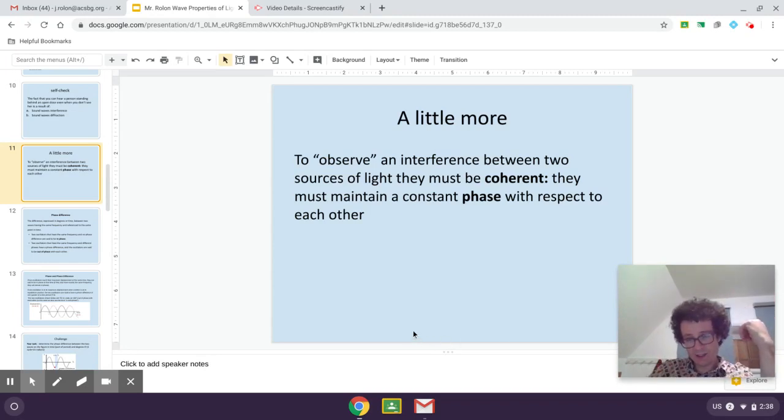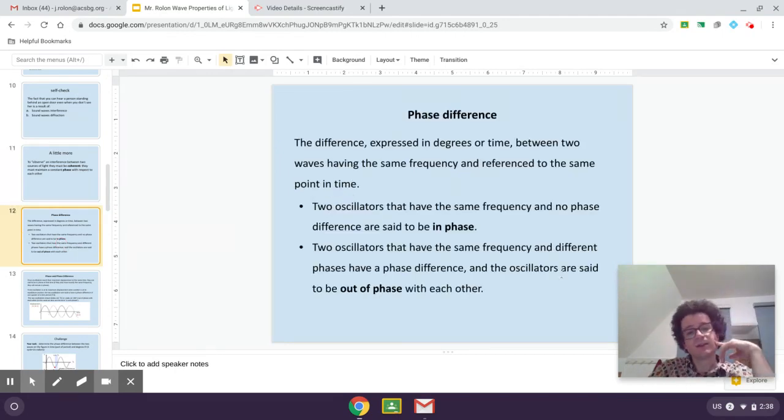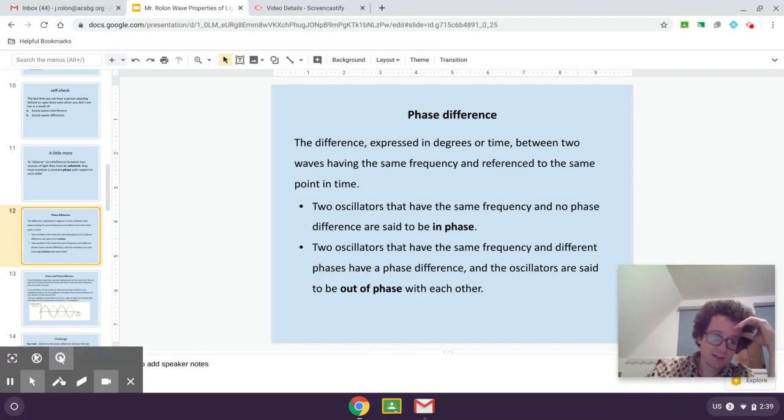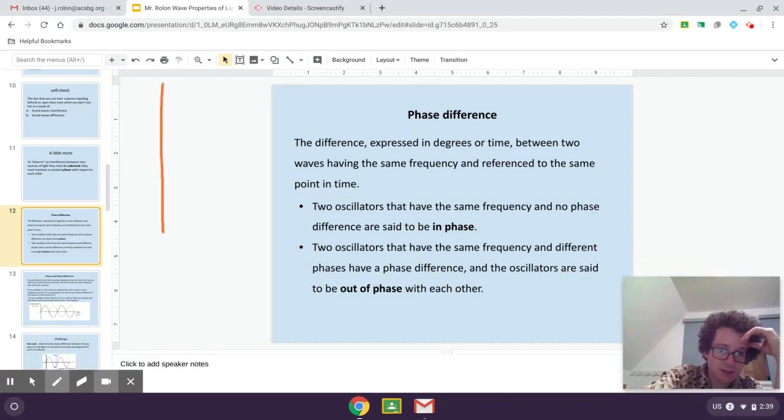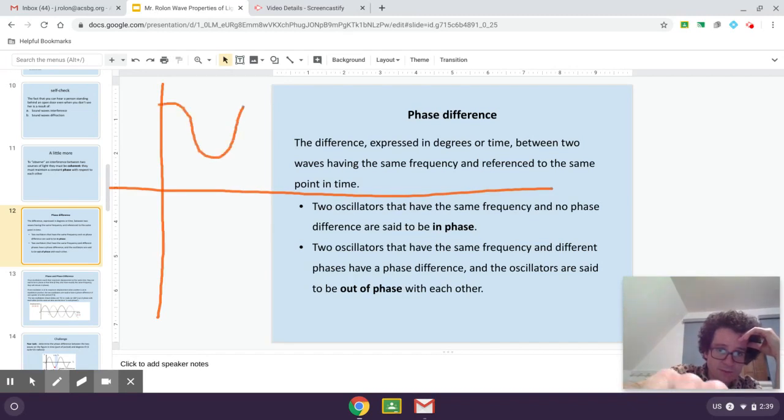And what does that mean? That they must maintain a constant phase with respect to each other. Oh my god, what is coherent, what is phase, what does it mean? Let's have a look at these concepts. Phase difference is the difference, expressed in degrees or time, between two waves having the same frequency and reference to the same point in time. In other words, if we have again two waves,